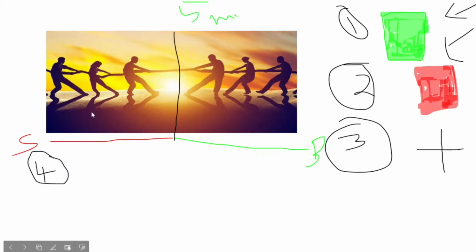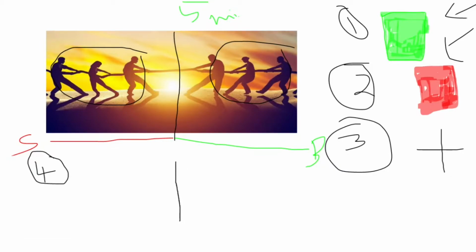So let's assume in the fourth match what happens, both the sellers and buyers have a mixed number of people. Like in this team also we have bodybuilders and thin people. In this team also we have bodybuilders and thin people. What will happen now? We can't assume which team is going to win because both teams have the same amount of power and both teams will put the same amount of pressure to pull the tug to their side. So let's imagine what happens in the fourth match.